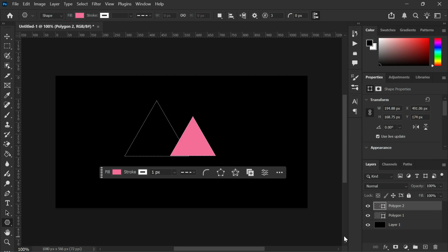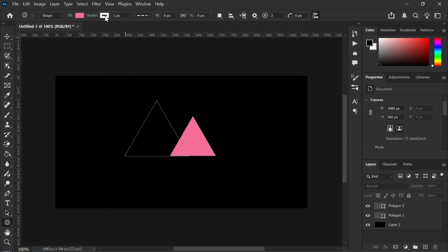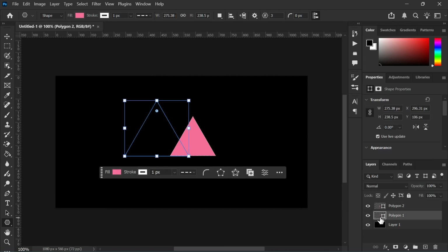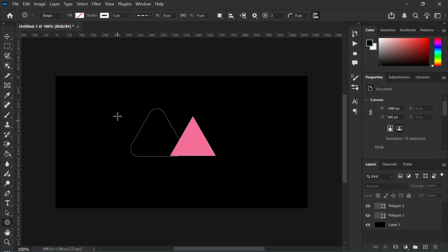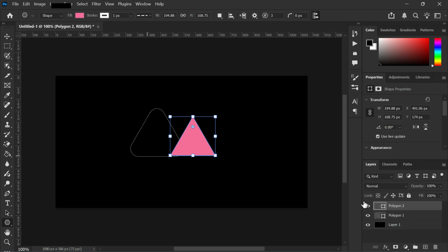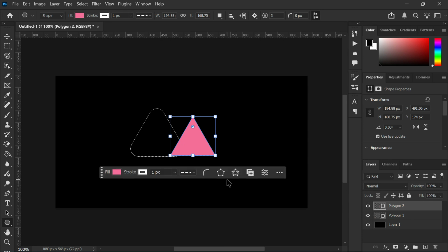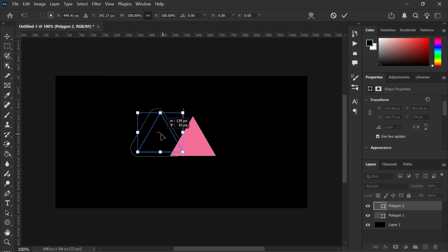Because it's a shape layer, you can easily resize it, change its color, rotate it, or apply effects without losing quality. If you hold the Shift key while dragging, you can also constrain the proportions to keep the triangle perfectly aligned. A quick tip is that you can always adjust the triangle later using the Move tool or the Properties panel. Since it's a vector shape, it stays sharp and editable even after scaling. And that's it. That's the fastest and easiest way to make a triangle in Adobe Photoshop using the Polygon